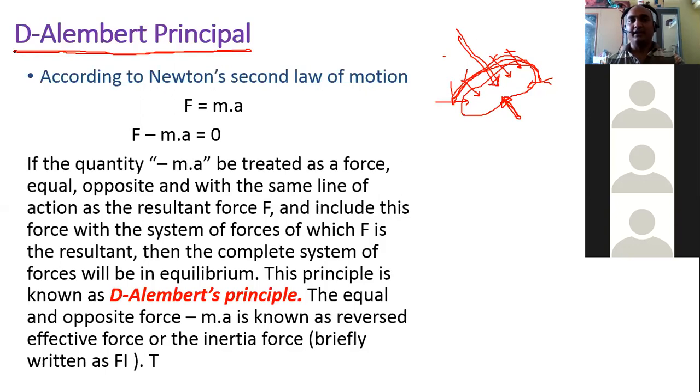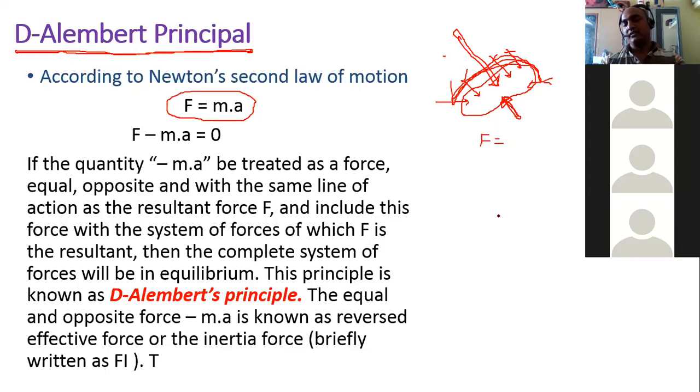Then he put this in word form, and word form means that it becomes the principle. This is very simple. If the body is moving with a certain acceleration because it was acted upon by forces, then according to Newton's second law, F equal to ma. So when the forces are acting, the body will possess the acceleration ma. But to make this system equilibrium, we are going to apply the opposite force. Not apply, actually, this is the hypothetical force.